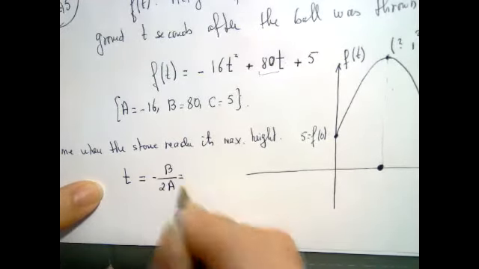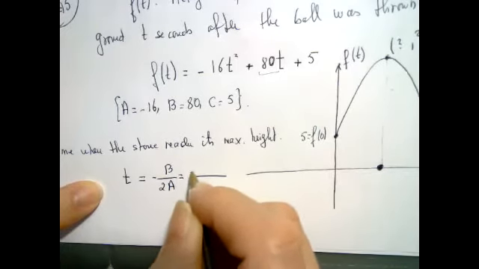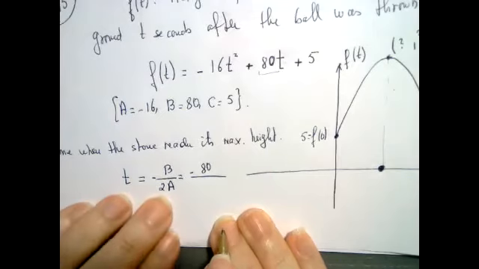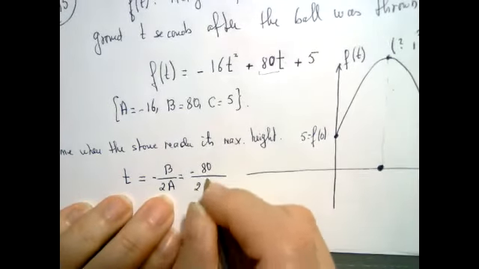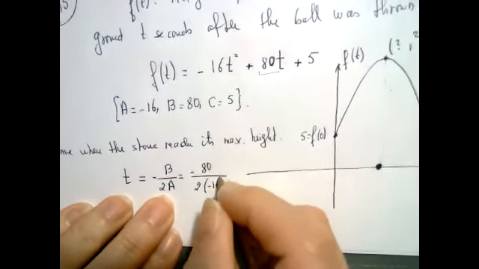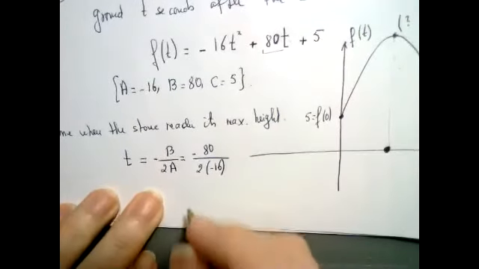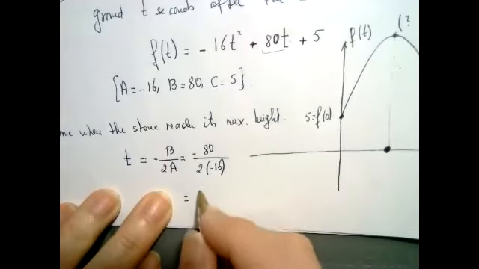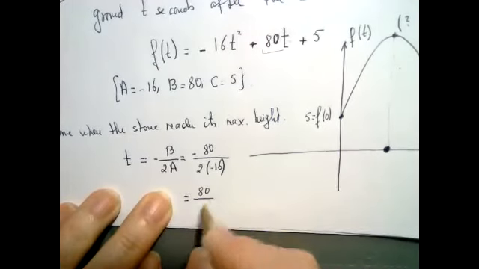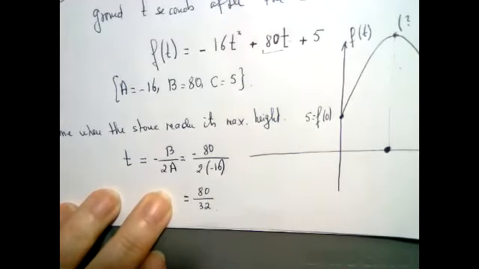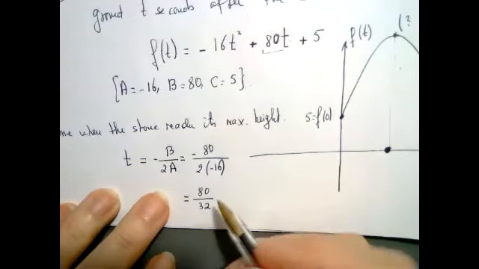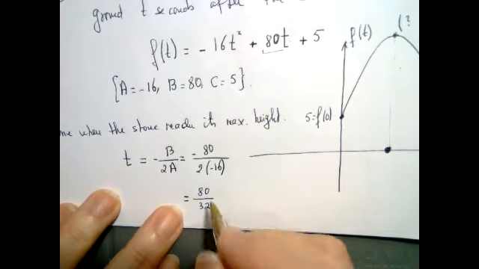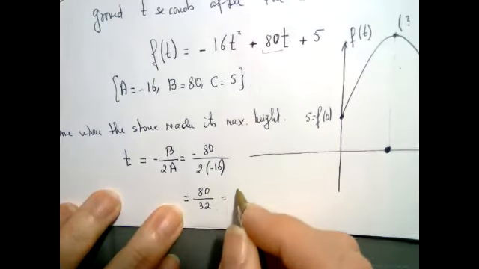That's how we're going to find the time. It means minus 80, that's the b, over 2a, it means 2 times minus 16. Okay, and this is going to give me 80 over 32. You can simplify by 4. So I divide both by 4, and that will give me